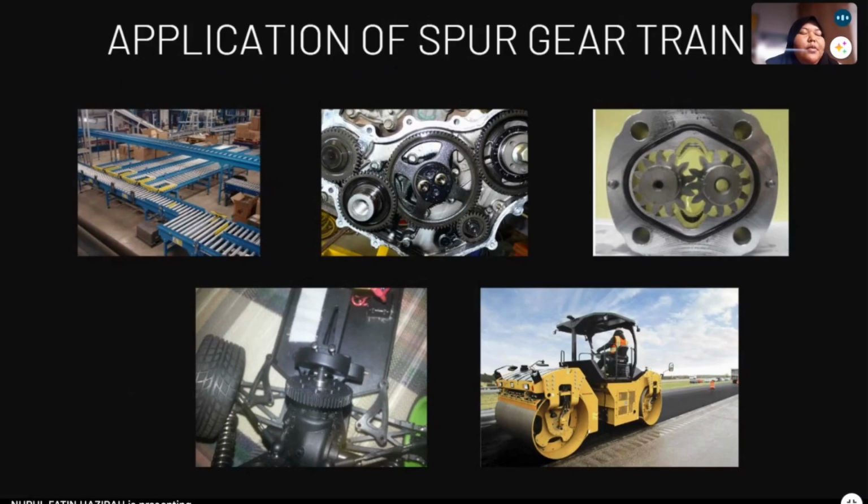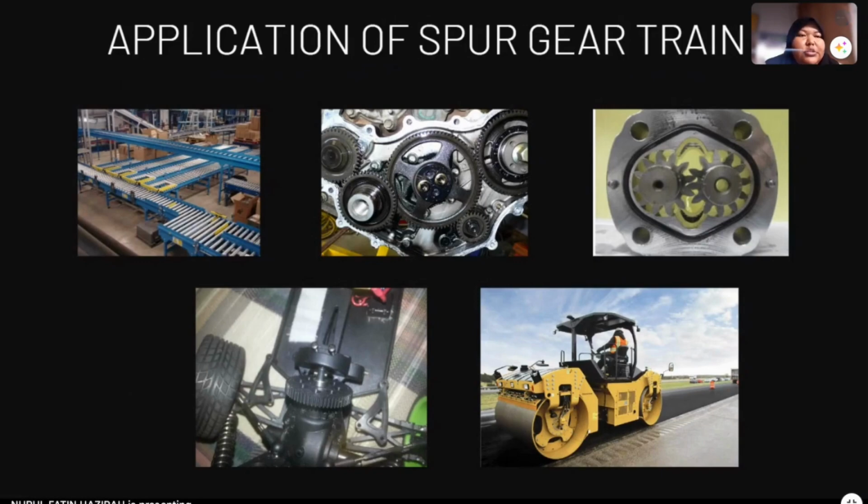It can be applied in many things. For example, the first one is conveyor machine. Conveyor machines are commonly found at the factory. Second one is